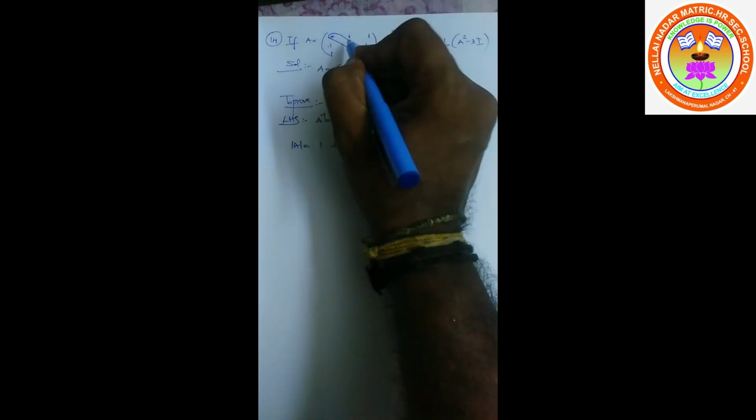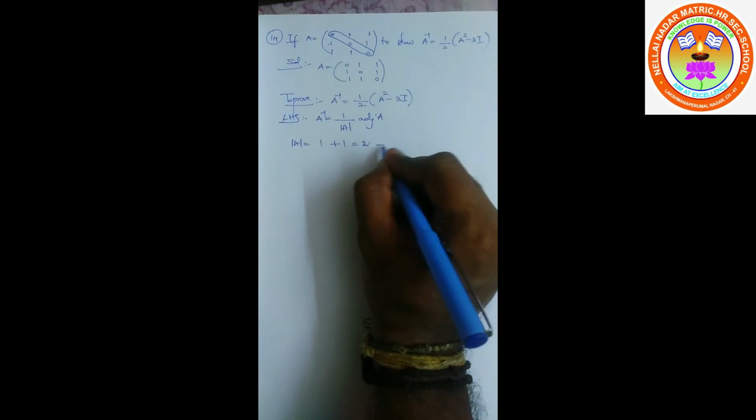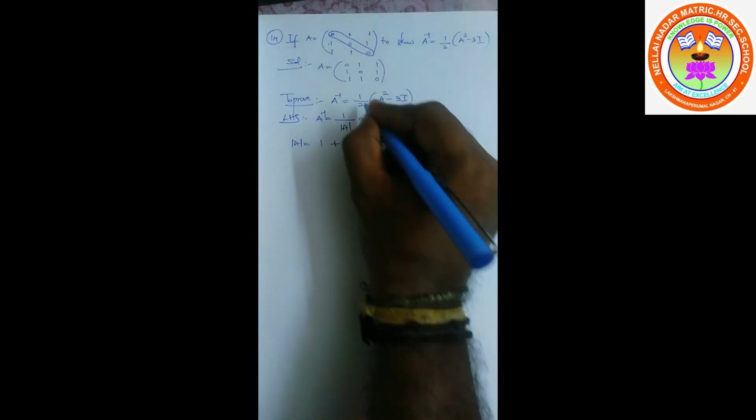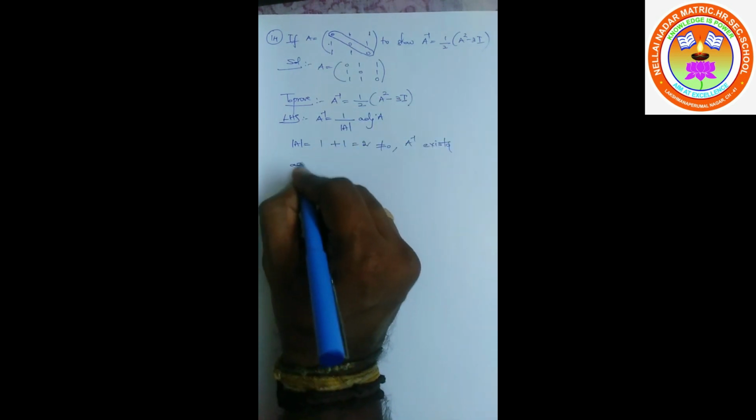This type of sum we saw in 11th standard, x minus 1, x minus 2, x minus 3, one of the example sums. The same procedure also we can do. 1 1 1, you multiply all the ones, it is going to be 1, so the determinant is going to be 2, which is not equal to 0, therefore A inverse exists.